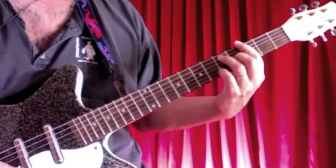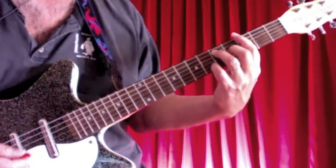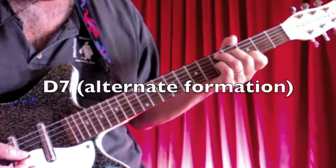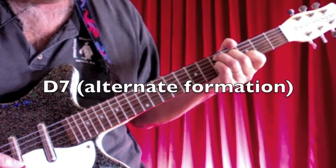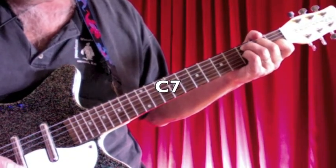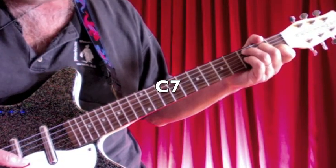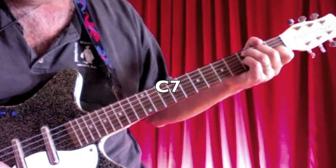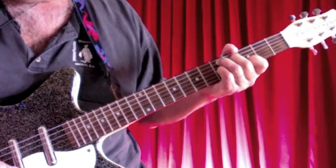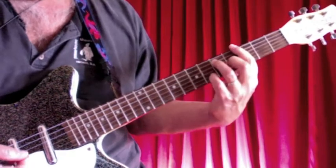And also we're going to spend some time on what Lennon would be playing for rhythm in this song. So you need a G7 bar chord, a D7 chord in this position, and I'll show you how to play that in just a moment, and then a C7 chord. So the C7 chord here is just an open C with a pinky added to the 3rd fret of the 3rd string. So we get that C7, slide it up 2, and we get that D7 chord that John used all the time. Okay, so G7,